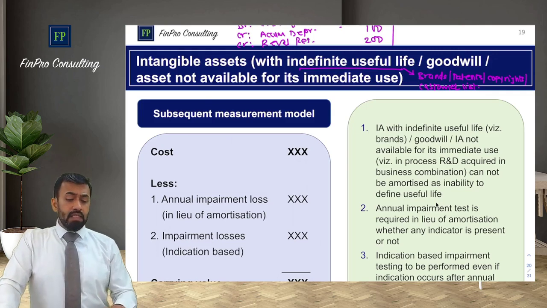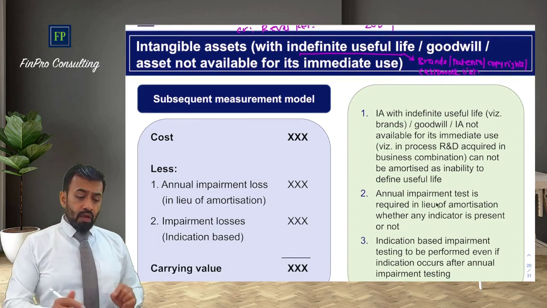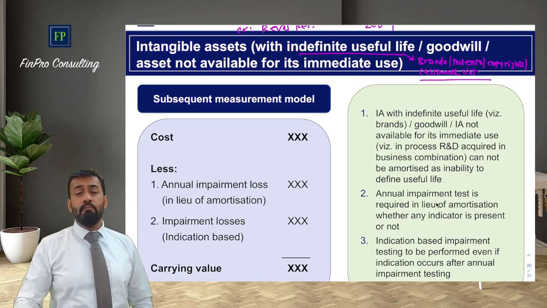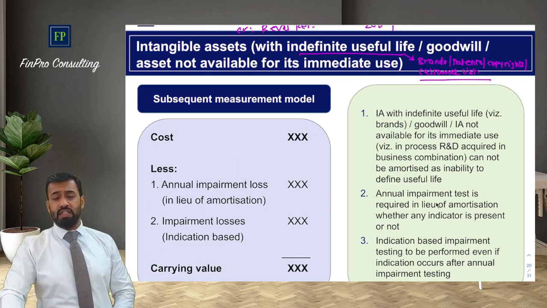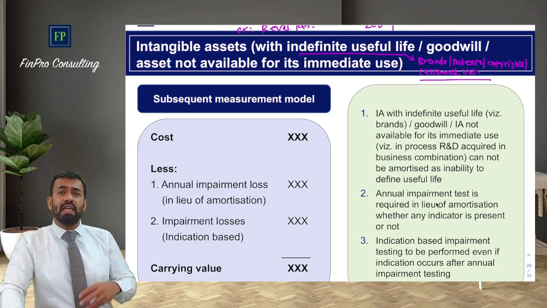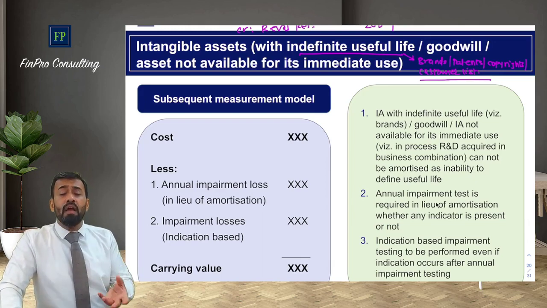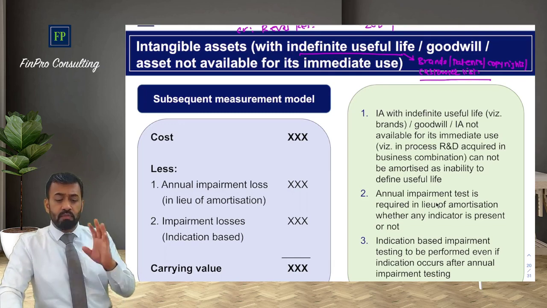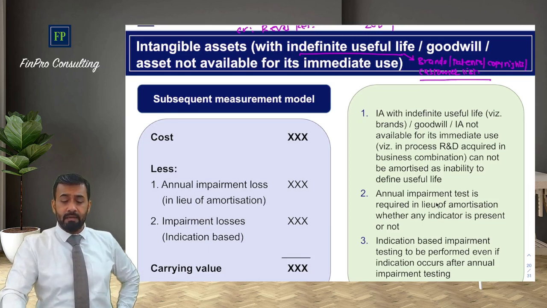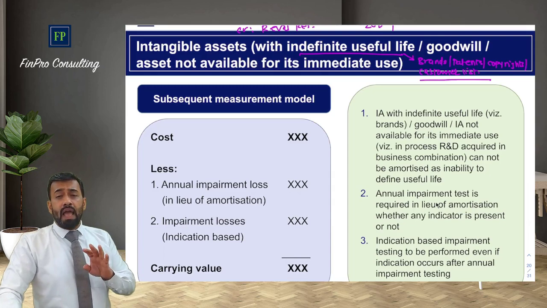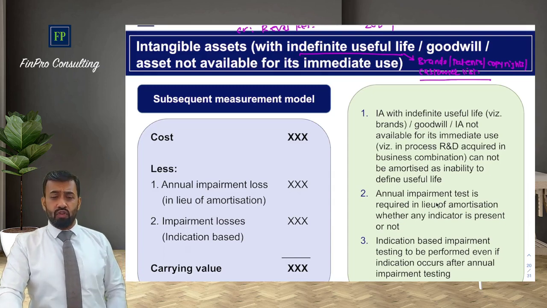And that's why it's very difficult to amortize these assets over some number. Let's say a building, we can depreciate it for 40 years, for example. We cannot depreciate or amortize brands in this case because you cannot assign a number. If you cannot assign a number, how will you provide amortization? Not possible. So amortization is not possible for such an indefinite useful life asset. Goodwill: how many years will that goodwill be there? Do you know? No, there is no such life which can be assigned. And that's why goodwill doesn't have a definite useful life.